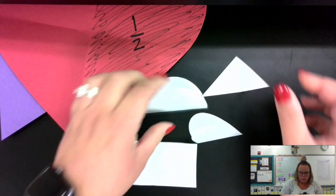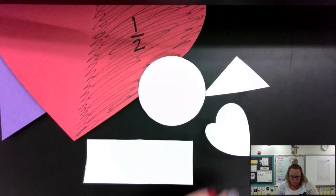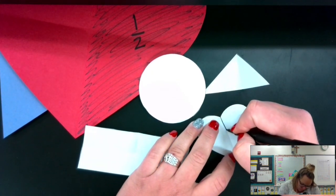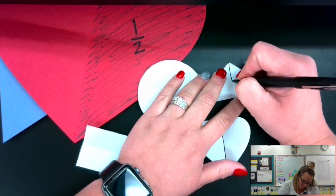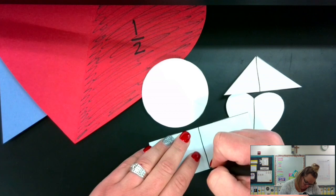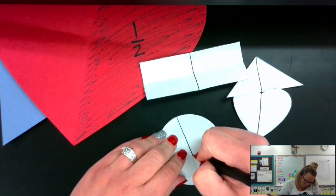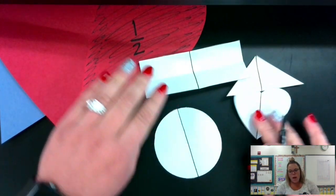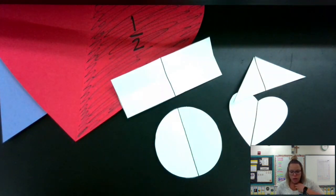Now that you have all 4 of those done, what your job is to go ahead and take your pencil and you need to draw a line along the fold. Right along where you folded it in half, that's where you're going to draw your line. Okay, and now that you have that done, you're going to go ahead with a crayon or a colored pencil, and you are going to shade in, color in